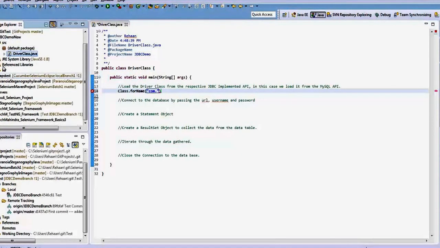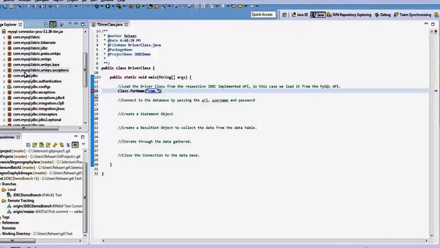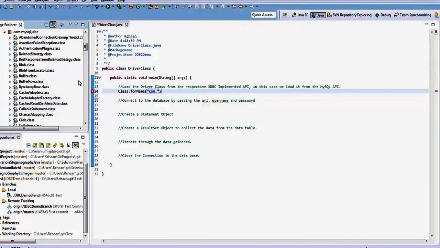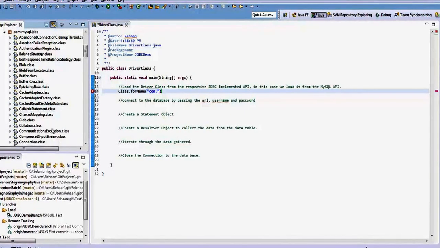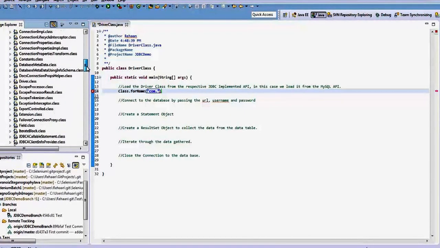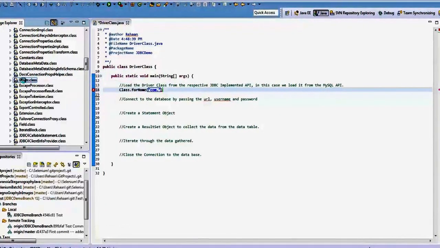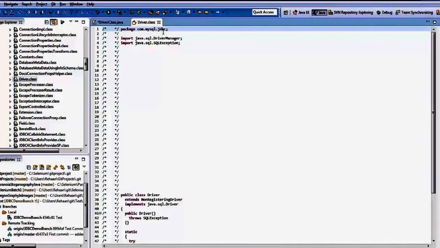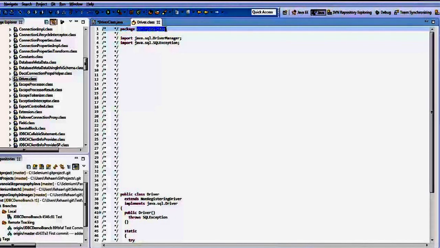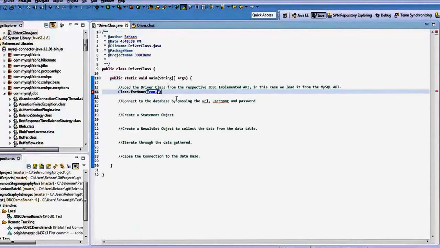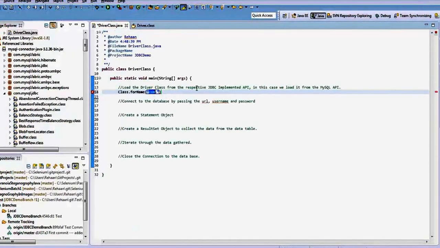let me navigate so that it will be easy for you to understand. The class that I'm talking about is the Driver class. All right. So this is the one that I want to load. Inside this is the Driver class.